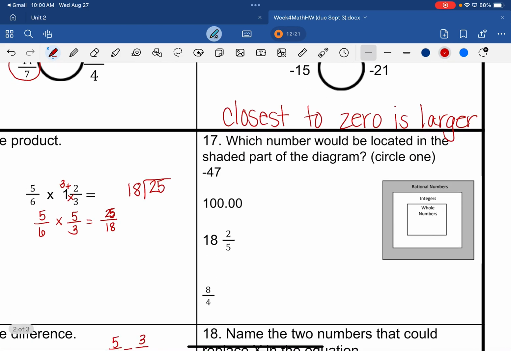Okay, which numbers should be in the shaded diagram? The shaded diagram is the rational numbers. Rational numbers are fractions, decimals, negative fractions, negative decimals, and I do not want you to put